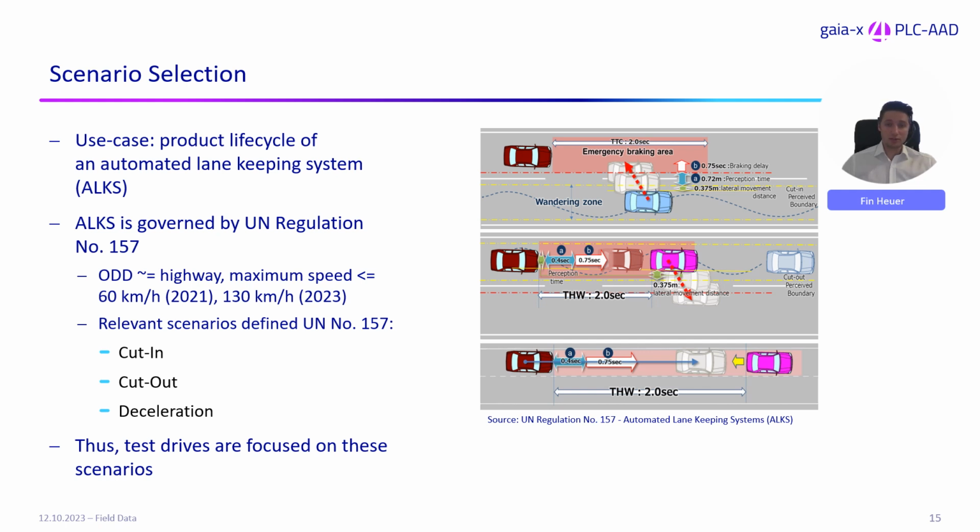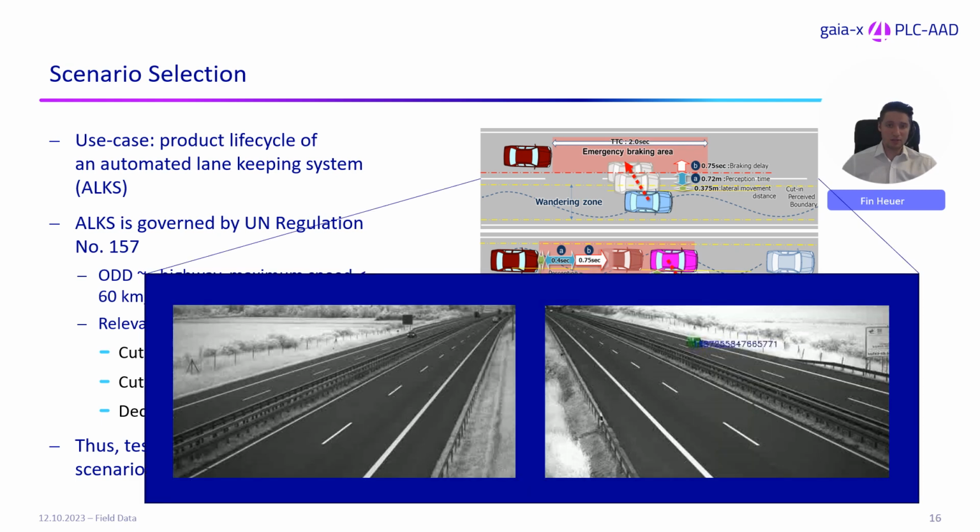Daniel already showed you some videos of the ego vehicle data and the perspective of their sensors. So I will now show you a short clip of one cut-in scenario recorded from this infrastructure perspective. Here you can see two camera perspectives from the testbed Lower Saxony. These are from two different sides. One is facing towards south, this is on the left side, and one is facing towards north, this is on the right side. The challenging vehicle will be marked in blue and the ego vehicle will be marked in red.